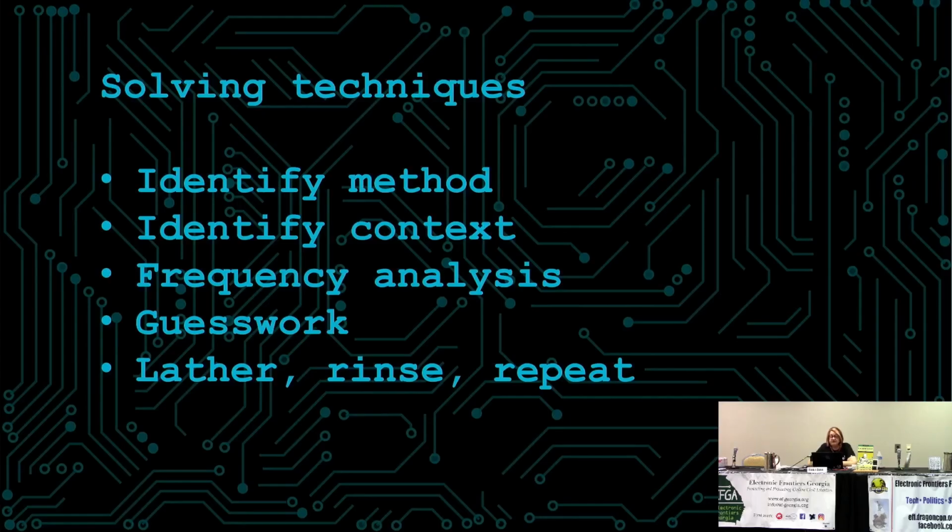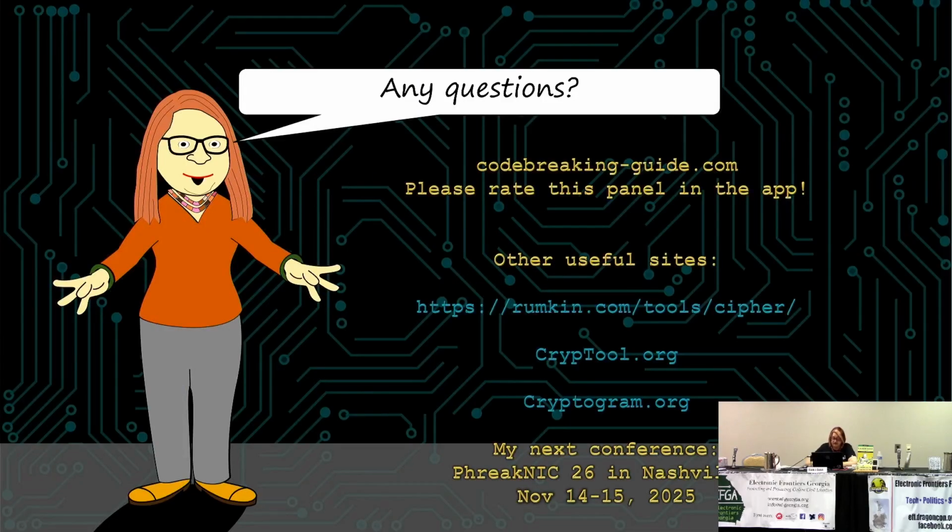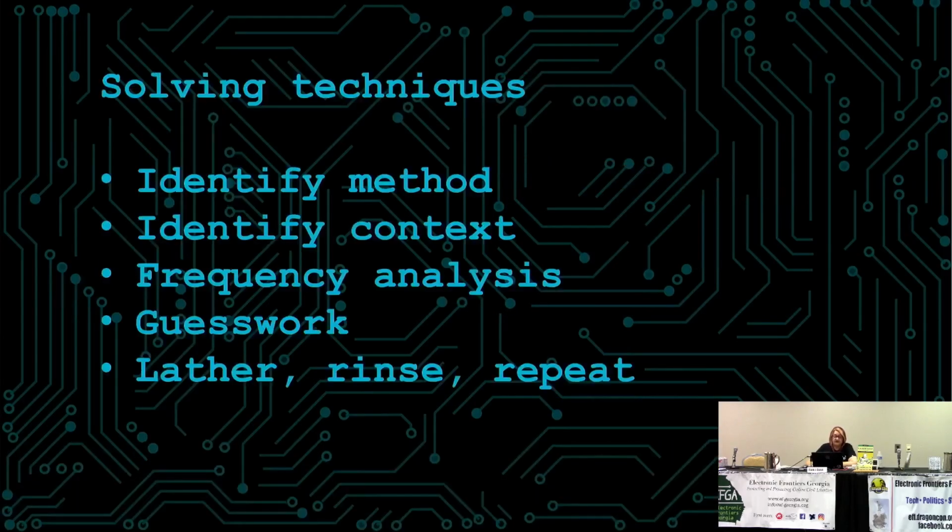And then one of the first tools to use is frequency analysis. Either count it yourself or use one of those tools. And guesswork is going to be a big part of it. Everyone who's cracking a code is going to be guessing. No one can go just like A to B to C to D. They're always going to be guessing. And then lather, rinse, repeat. It's a long time. Okay,